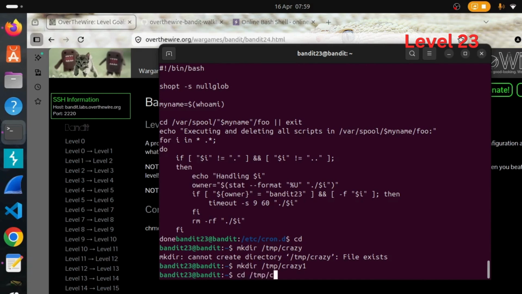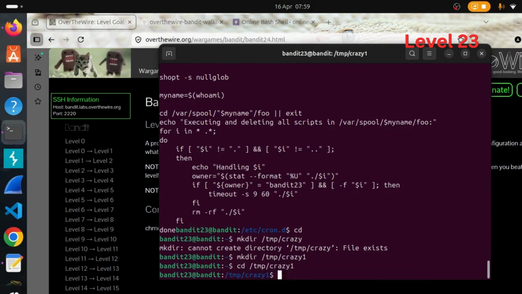Let's move to our crazy1 folder, and what we'll do is write our very own first script. So do echo, and what we're going to do is